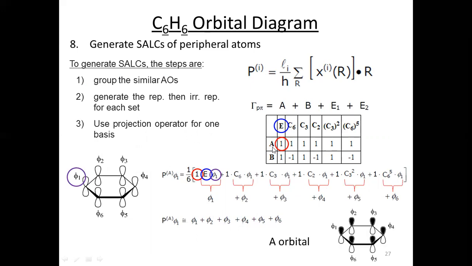Now if I put in the symbols, this is your pi orbital, which is marked as phi1. We know that it is positive. The black ones represent the positive signs and the white ones represent the negative signs. So all the orbitals are positive, or rather positive, negative, positive, negative, positive, negative, and so on. So this will be the first symmetry adapted linear combination for the A orbital.